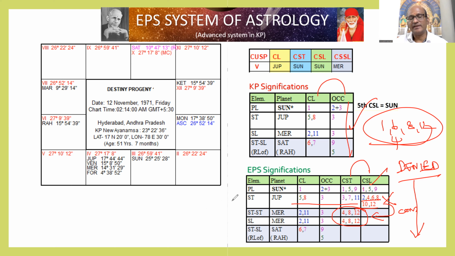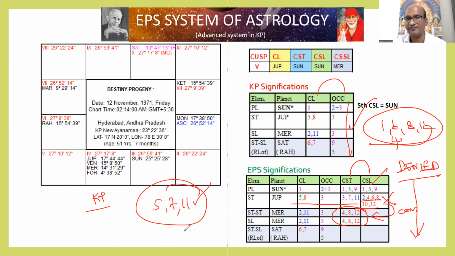Whenever we study a planet, even if you take KP significators, if you take 4-pole significators or 6-pole significators, there also normally we make mistakes. What mistakes? We are not taking the significations, whether it is showing at the planet level or at the star level or sub level. We are taking a planet as signifying at a consolidated level. We take whether it is signifying fifth house or seventh house or 11th house.